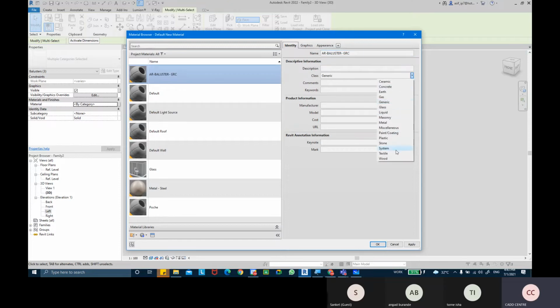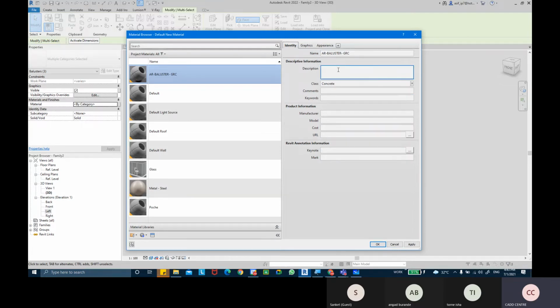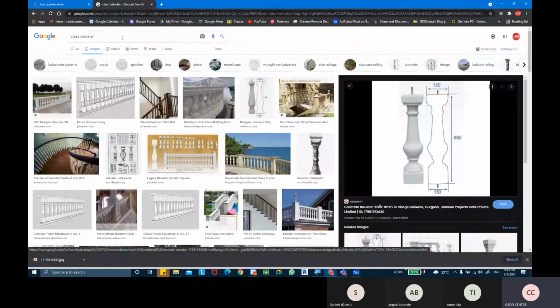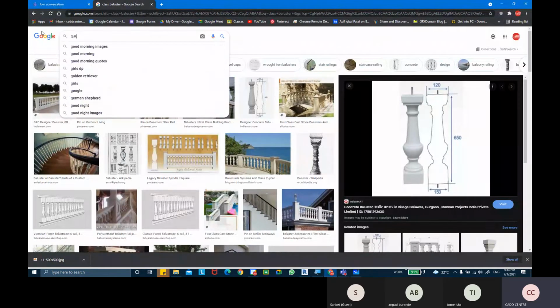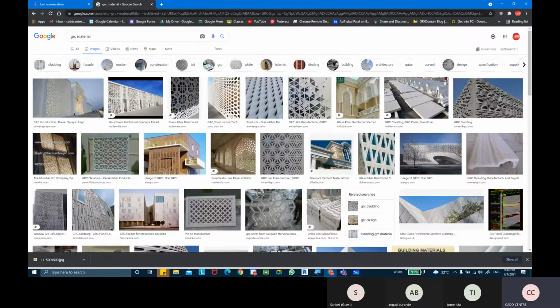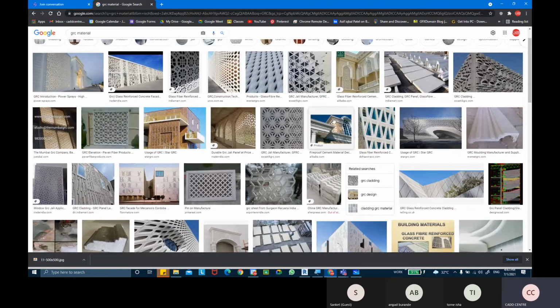We don't have a glass category over here, so either we can go into the concrete category and put it in the description: glass reinforcement concrete. So you see these kinds of facade works generally there.